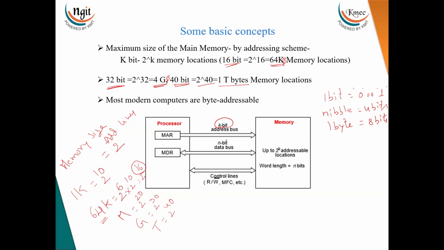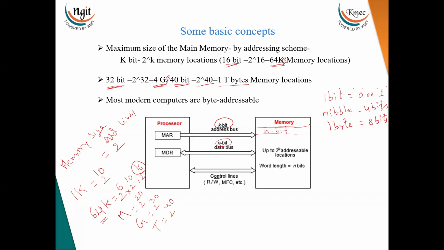Now here also you can see that there is an n-bit data bus. Now from the processor to the memory, there is one address bus, data bus, and control lines. Now if the address bus has k bits, what does it mean? It has 2 to the power of k address locations. Now this memory is divided into these locations. Now how many locations are there? 2 to the power of k locations are there. Now if n-bit data bus, what does it mean? In each location